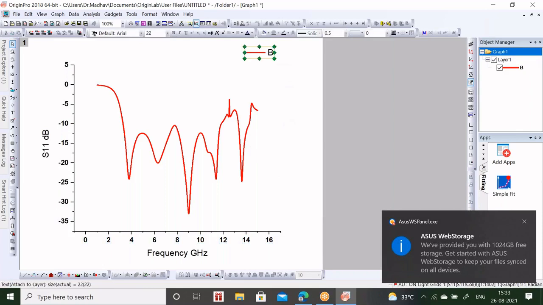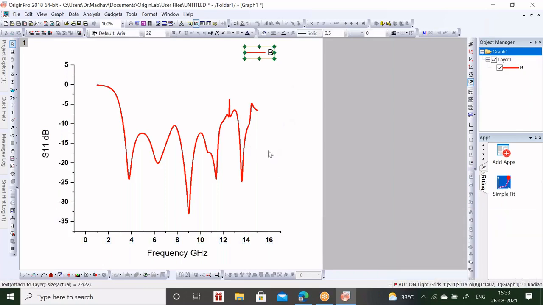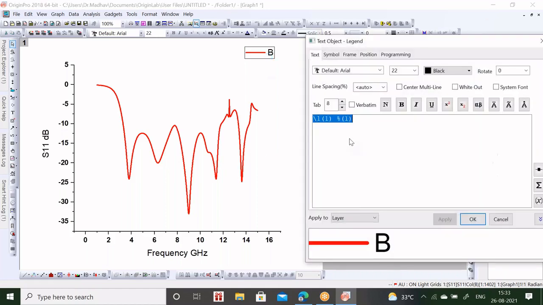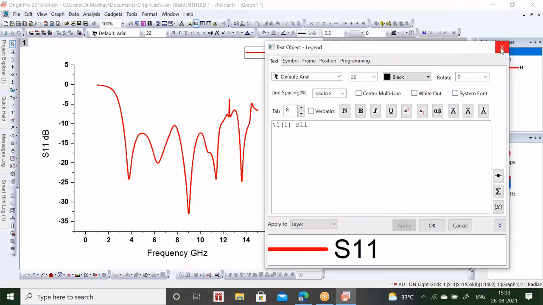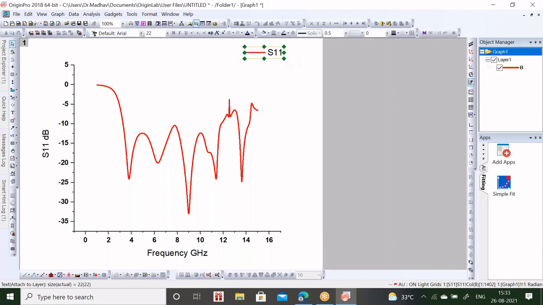If you are having other results also, for example this is only S11. If you want to keep the legend, double click and just type S11. If you click apply, you will get that legend. Otherwise, if you want to keep your own setup, then delete this. The text option is available.